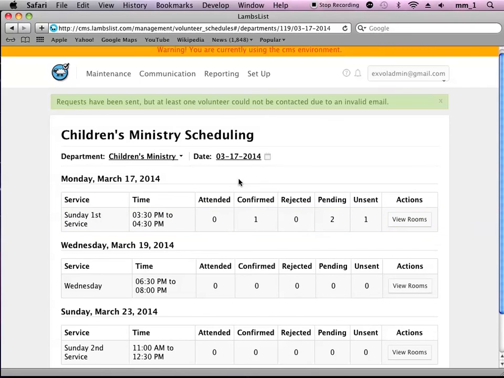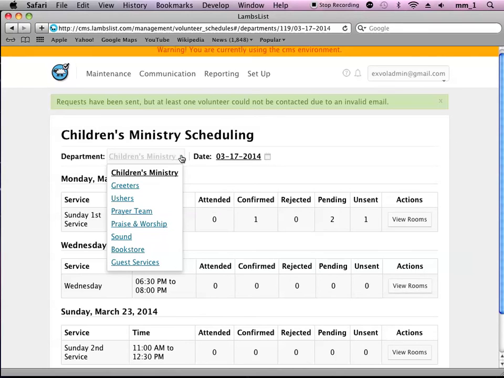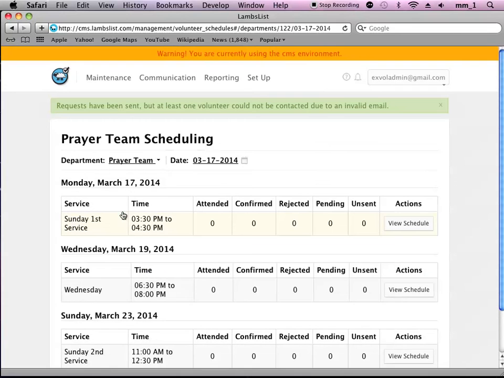Now as I stated, there is a slight difference between the room-based departments and the service-based departments. Again, the service-based departments would be ones like the greeters, ushers, prayer team, and so let's go ahead and select prayer team, and again you'll see the next 7 days are going to be listed. And the one difference again with the service-based rooms or departments is going to be that you don't have to actually assign the volunteers to a specific room. So we'll select view schedule,